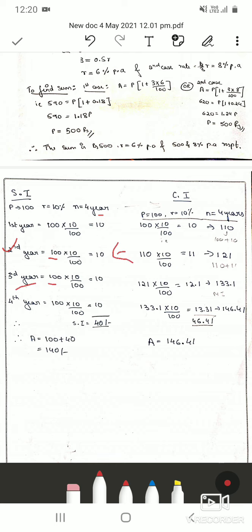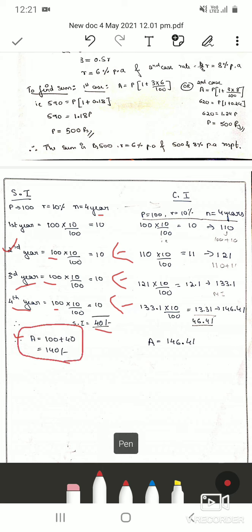For the third year the principal amount is the same, the rate of interest is also the same, therefore the interest will again be 10 rupees. For the fourth year it will again be 10 rupees because the principal amount is 100 and the rate is also unaltered. So in all, for 4 years the interest will be 10 plus 10, 4 times, so it is 40 rupees. Therefore the amount payable is the principal amount, which we have to give back to the bank, along with the interest. So the interest is 40 rupees, therefore the amount will be 140 rupees.